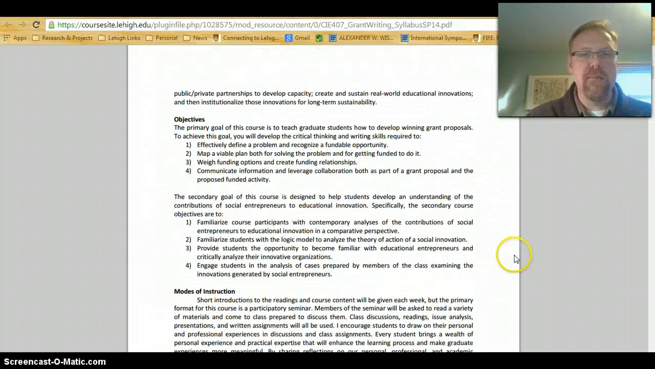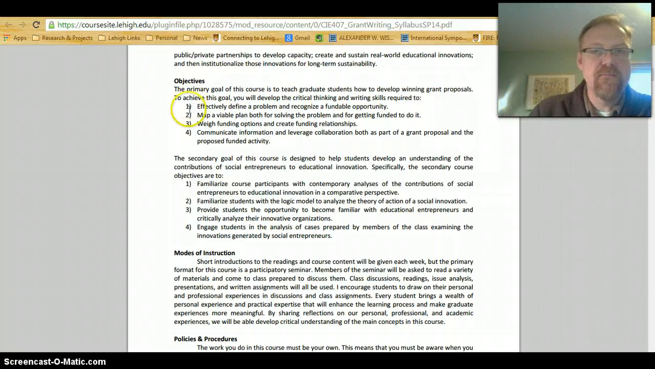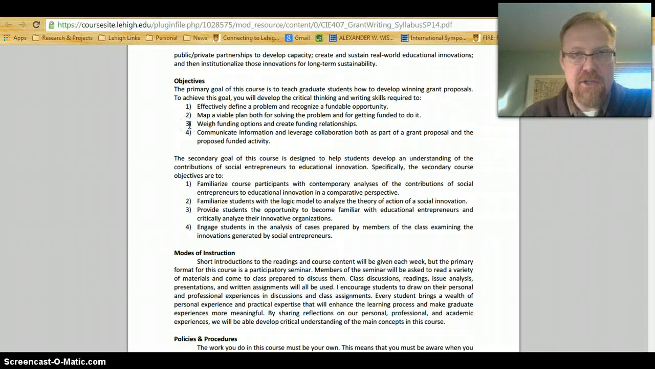All right, let's take a look at some of the objectives then. For the primary goal, which is to teach you how to develop winning grant proposals, you're going to be able to effectively define a problem and recognize a fundable opportunity. You're going to be able to map a viable plan both for solving the problem and for getting funded to do it. You're going to weigh funding options and create funding relationships. And you're going to communicate information and leverage collaboration both as part of a grant proposal and the proposed funded